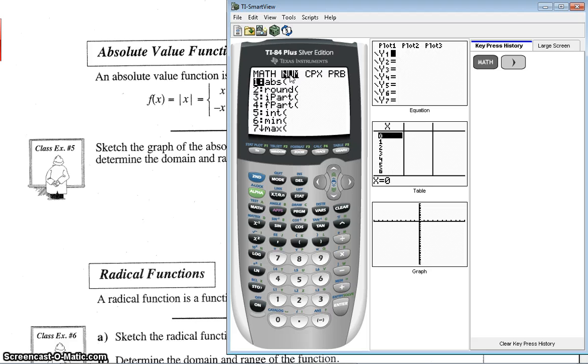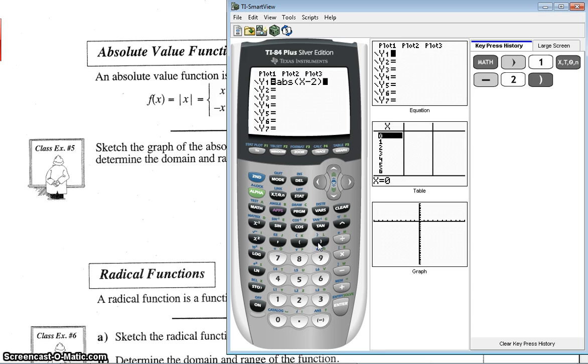If you do forget where to find that, you can always go to catalog, second function 0, and scroll down until you find it. Okay, so actually I think it's at the top, but now that bracket acts like the first absolute value sign, so we just need now x, and then minus 2, and the bracket, which is ending the last absolute value sign,